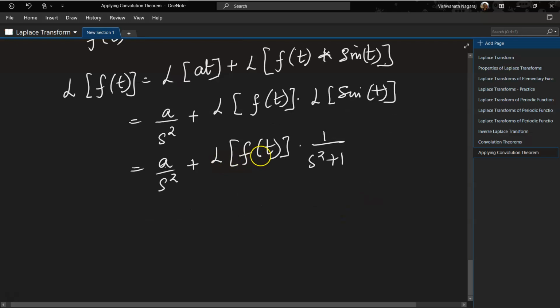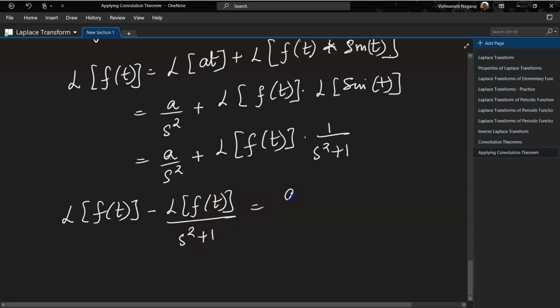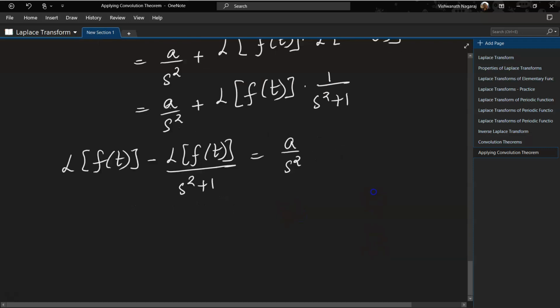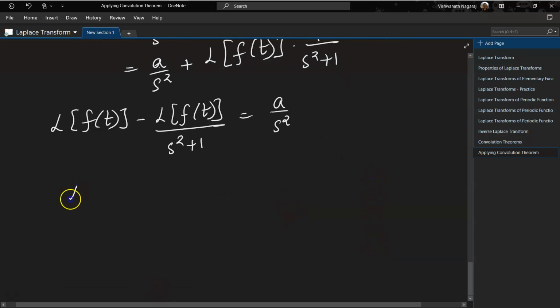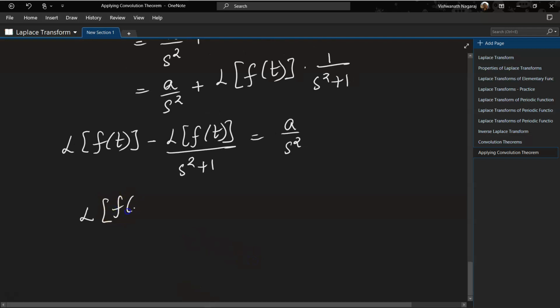Now here also we have Laplace of f of t, Laplace of f of t. So let's bring it to the same side. So we have Laplace of f of t minus Laplace of f of t by s square plus 1 is equal to a by s square. Now let's take Laplace of f of t